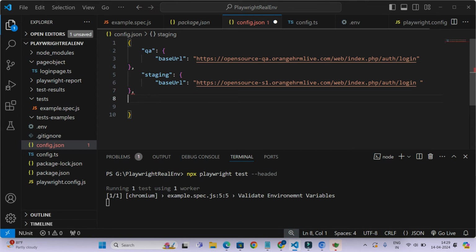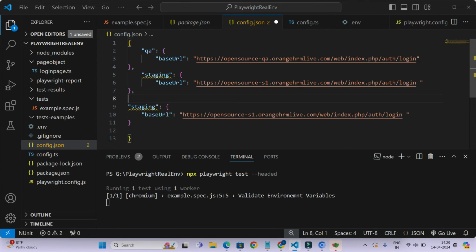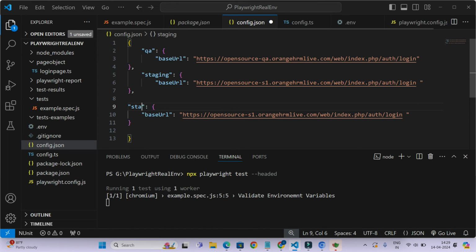Just give a comma here. Instead of staging, I'll make it the dev environment. You want to run your schema in the dev environment, so people generally will give it as dev. When you want to run the dev environment, you just need to take this and give it in